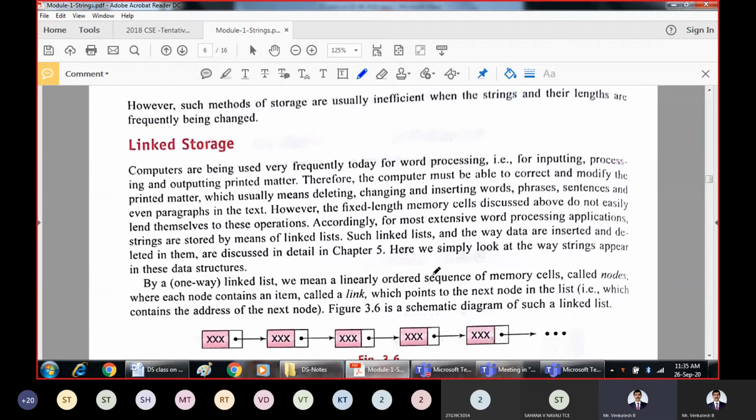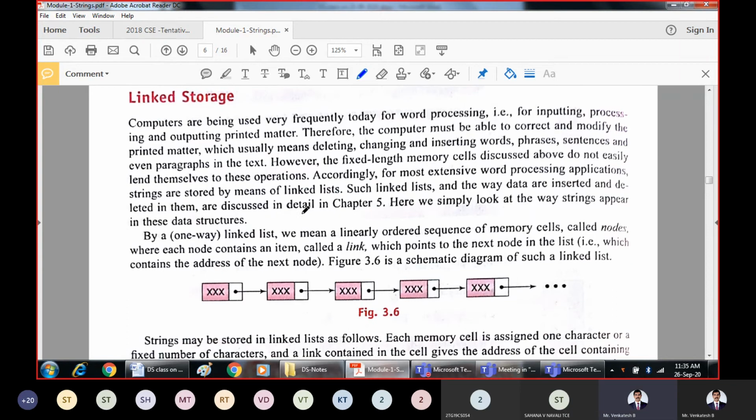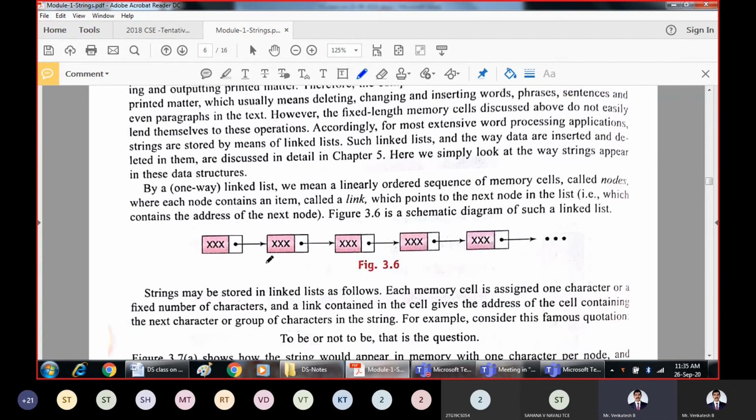So the third approach for storing the representation of strings is linked list, or linked storage. What this linked storage indicates is that the records are linked with each other.